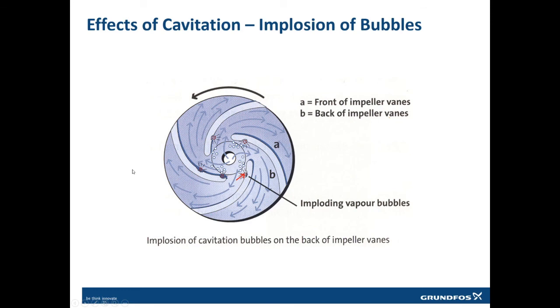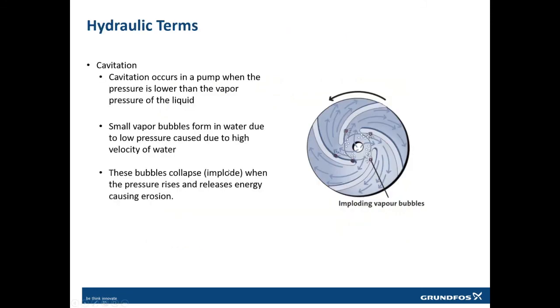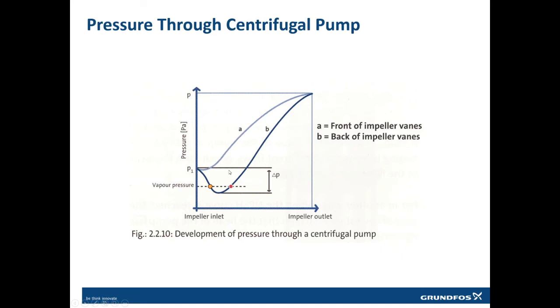But the question here is from where these bubbles are coming. Now, if you can see here, pumps are designed to push the water. If only water is there and there are no bubbles, you will not have cavitation. Cavitation is always happening because of the bubbles. But the question is from where the bubbles are coming. The bubbles are coming because sometimes the pressure, the P1 pressure at the suction, drops below the vapor pressure of